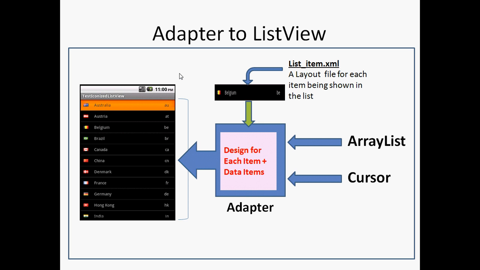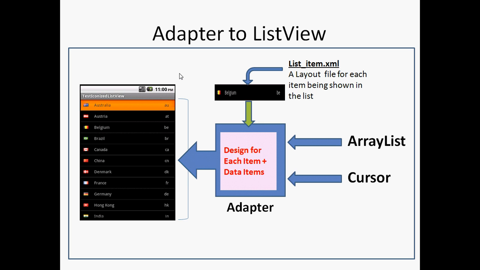In the case of cursor, you already know what a cursor is. A cursor object is returned by the Android system when we have implemented any queries on a database. Suppose we have a query, just like select star from any table, it will return you the result set, that has been given as a result of any implemented query on the database. So this result set can be retrieved by the cursor object.